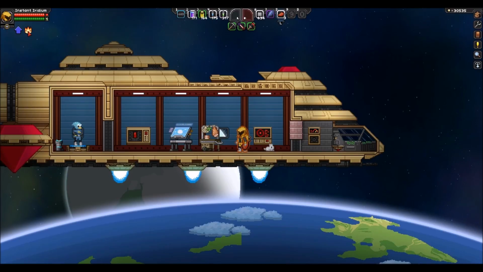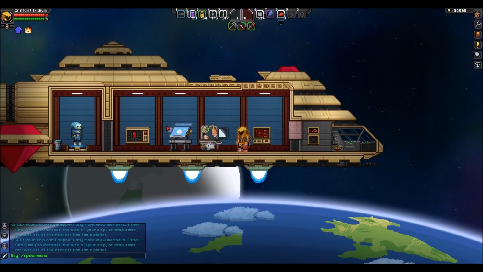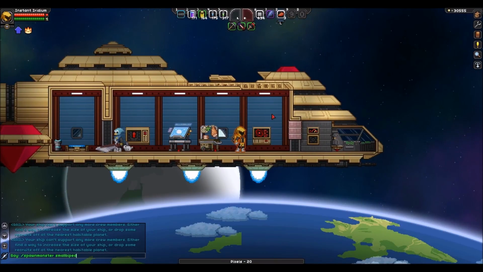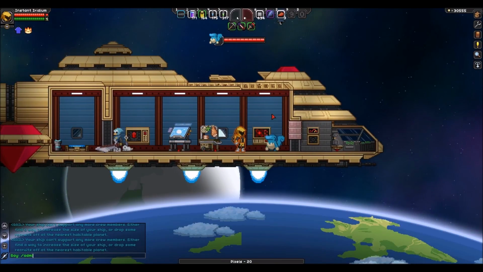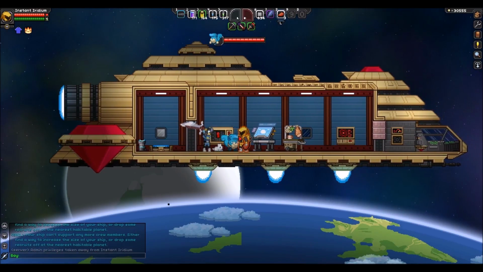Basically it's like a fire version of thorns. So whenever a monster attacks you, you spit out fire. Let's see if we can actually get it to work here. Small biped. Okay, crew member. Let's try this one more time. Come on. Oh, actually, you know what? He can't damage me while we're on the ship, so...